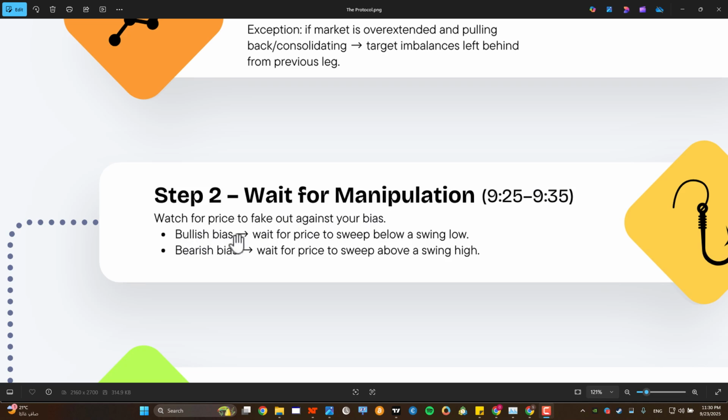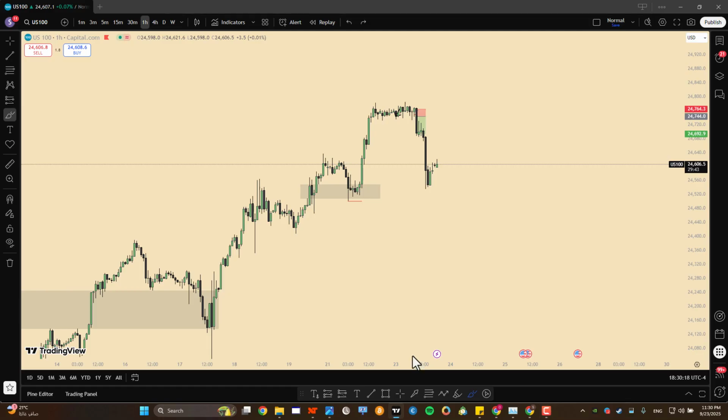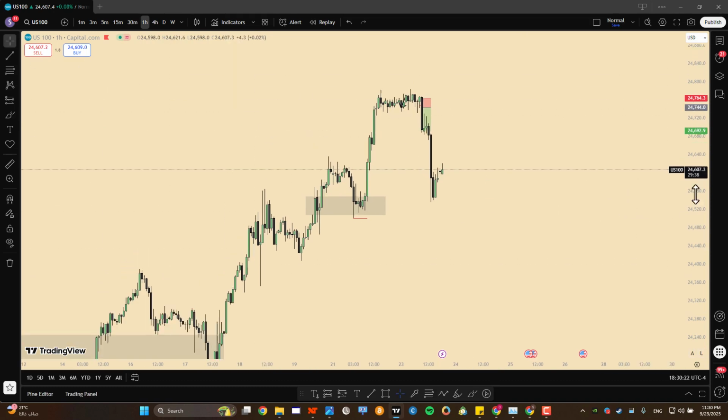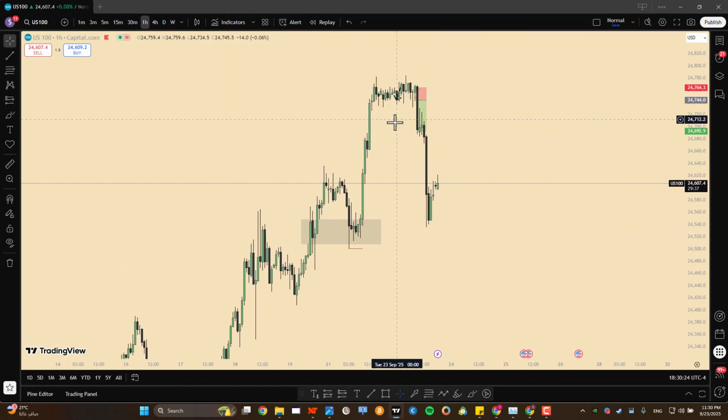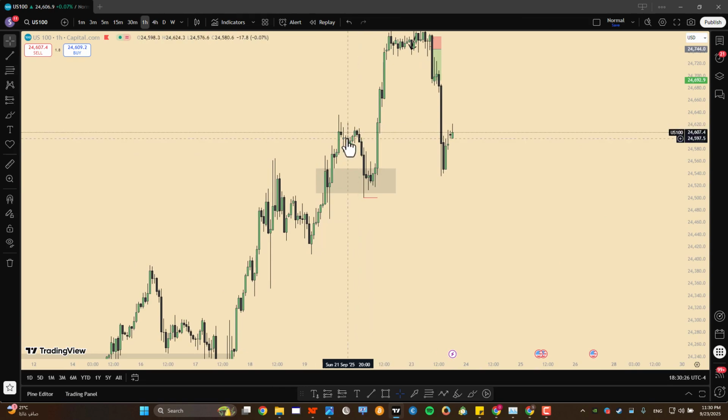So if you have a bullish bias, you need to wait for price to sweep below a swing low. If you have a bearish bias, wait for price to sweep above a swing high. In this case, from step 1, we determined that price is likely to trade to the downside, just like it happened here,